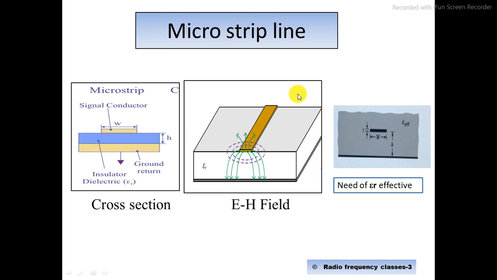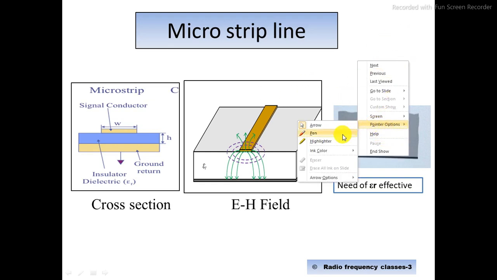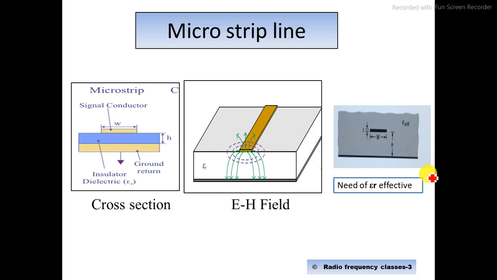Now talking about the microstrip line, this is not the same case. When we talk about the microstrip line, we have to consider the effect of epsilon r effective. Why is it so? Because you can see here we do not have the ground plane on the upper side. It is totally free, and the electric fields go into the free space as well as the dielectric material. You can see the electric field starts from here and terminates on the ground. It goes into the free space also and again comes back to the ground. So for whatever dielectric material we are using, we have to find the epsilon r effective also. All those parameters will be used when we talk about the microstrip line.